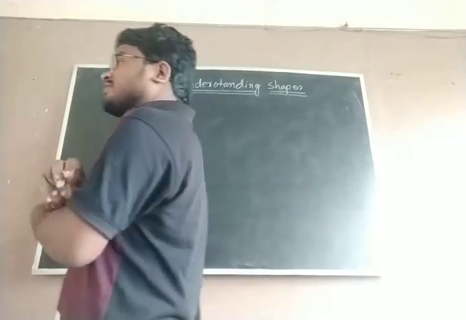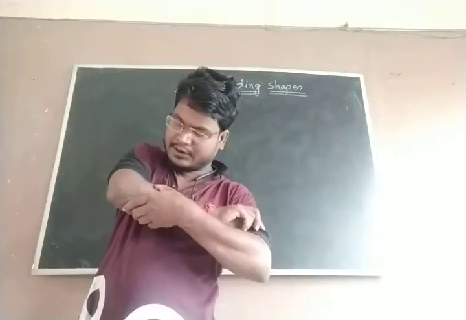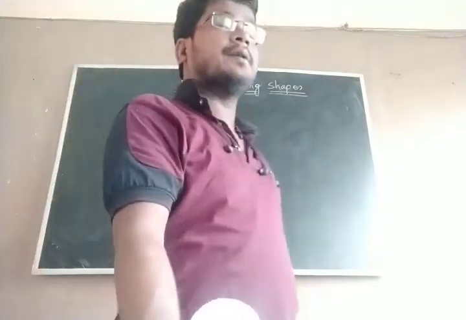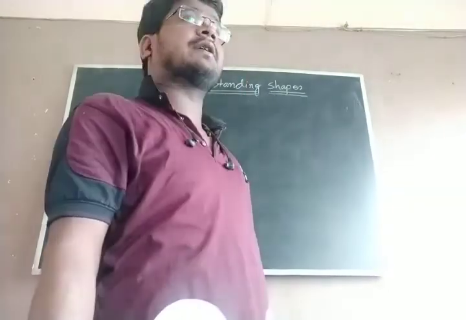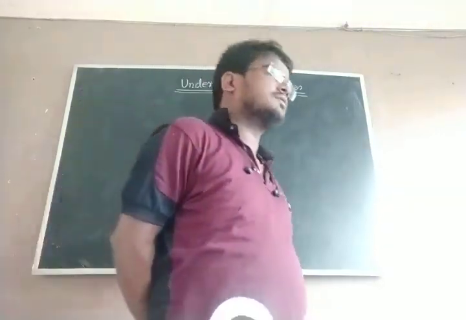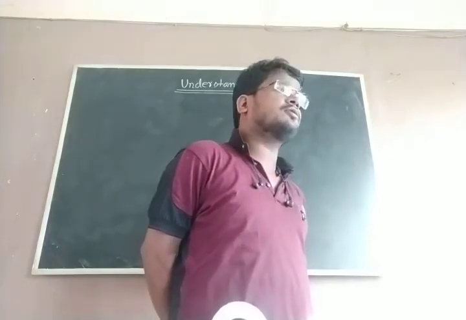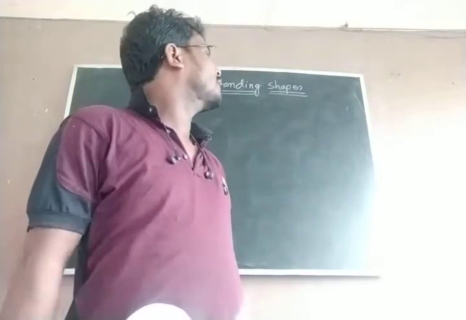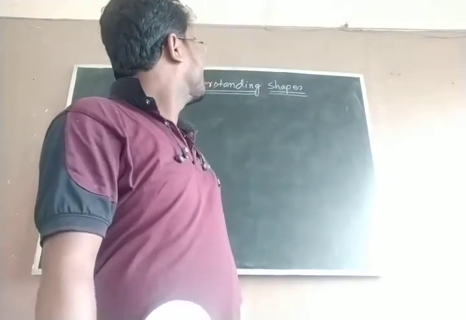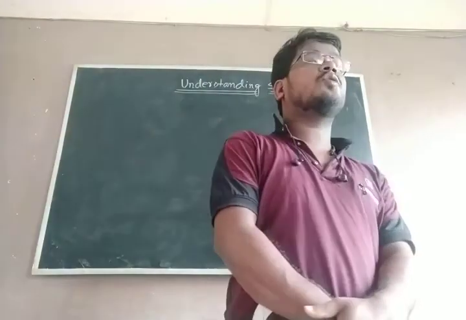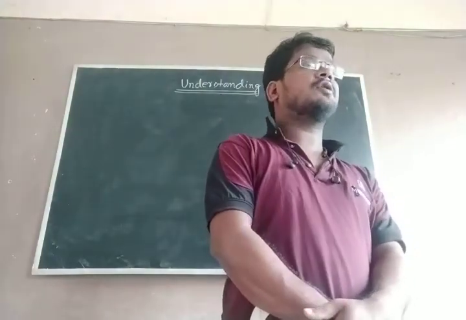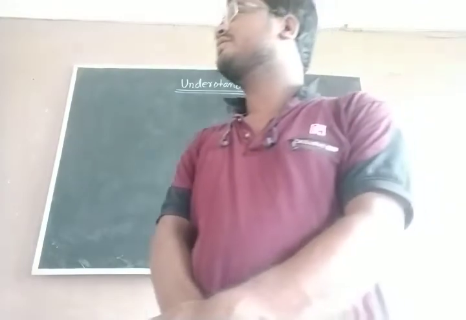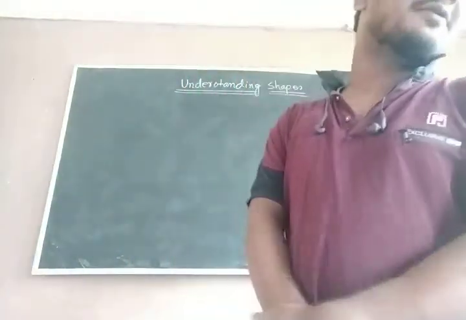Today I start understanding shapes. In this chapter, you know the rectangle, quadrilateral, and that is the polygon. Here, the first portion of polygon is given. You have to revise it. Before starting this chapter, you have to know some related terms. The first is curves. What is a curve?